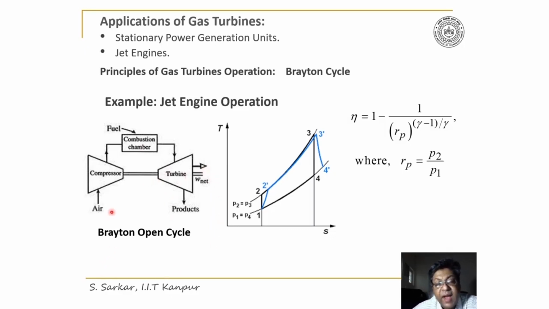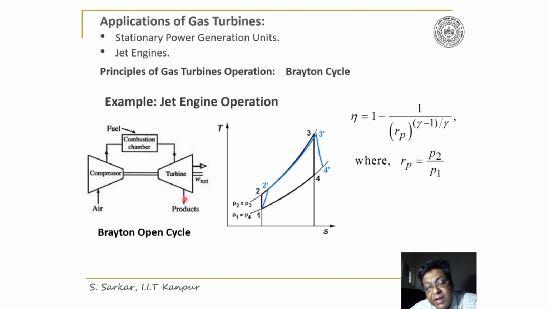So air is sucked by the compressor and it compresses here and then pushed to the combustion chamber, where combustion occurs at constant pressure, and then it is expanded in the turbine, producing work output, and that work output is sufficient to run the compressor,